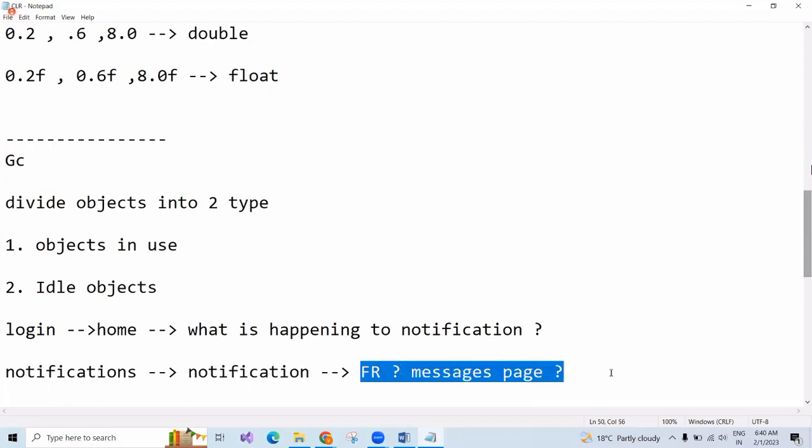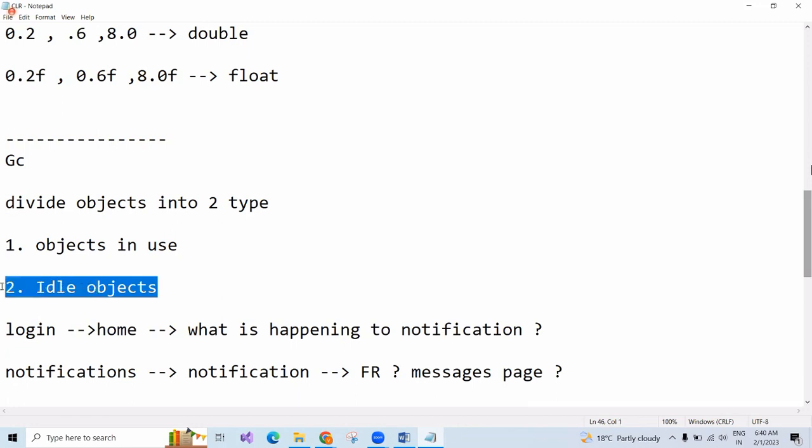Do we need to waste memory on these idle objects? No, right? So this is how idle objects work. Now people got it. Manikanta, are you clear now? Okay, good.